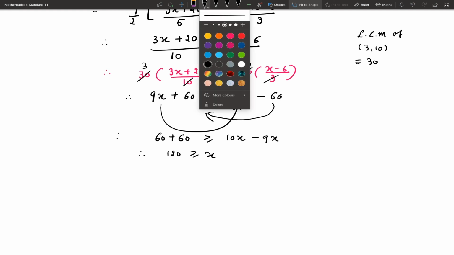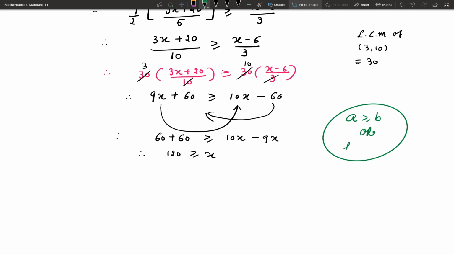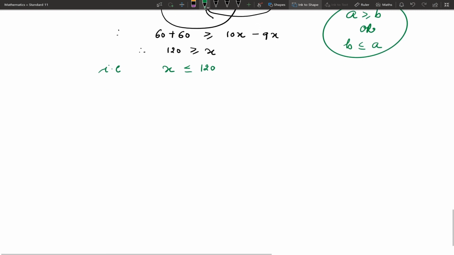Again you note that either we write a greater than or equal to b, or we can write b less than or equal to a. So the same can be written as x less than or equal to 120, and therefore the solution set is,